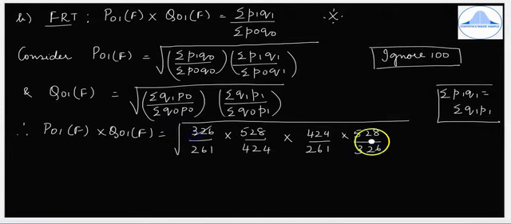So you'll see that 326 will get cancelled, and then 424 getting cancelled. So what will remain now is root of